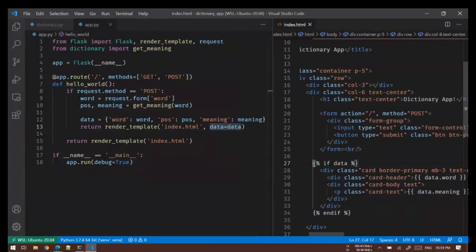So you won't see this if data in the front end. This is some logic, some operation that will be performed. So a for loop, again, is basically logic, it's an operation. So hence we'll use curly brace and then percentage. Okay. This is how you decide what to use. If you want to display something, go for double curly braces, and if you want to execute a logic, you have to use curly brace with a percentage symbol.